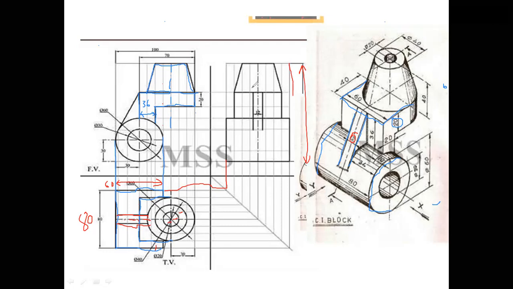So you can see here in the left hand side, this is the direction where you can see. So visually you will see this portion. So this portion we are seeing, and this portion we are seeing, and this portion we are seeing.